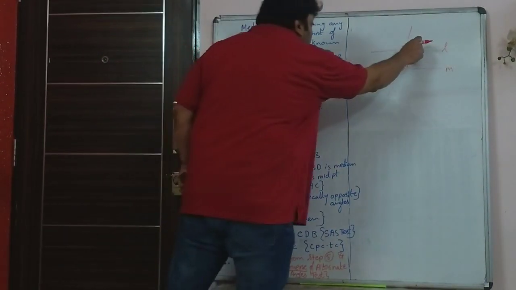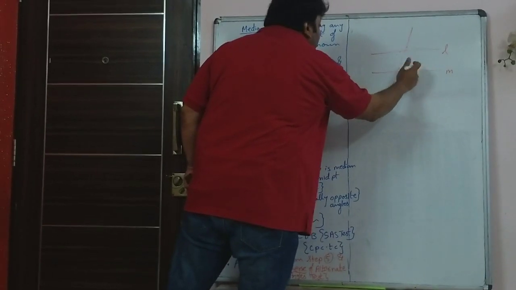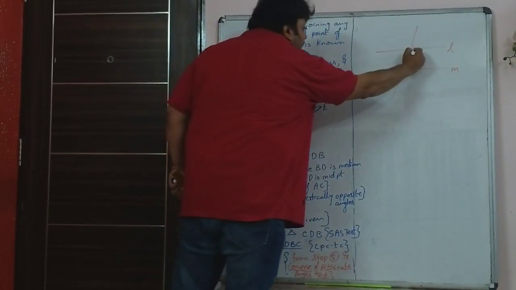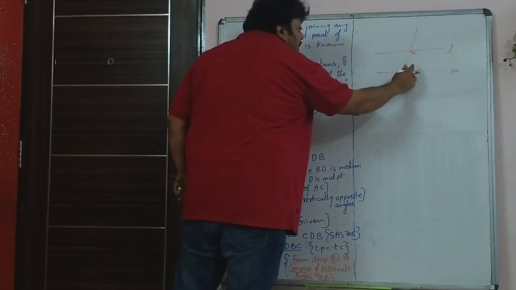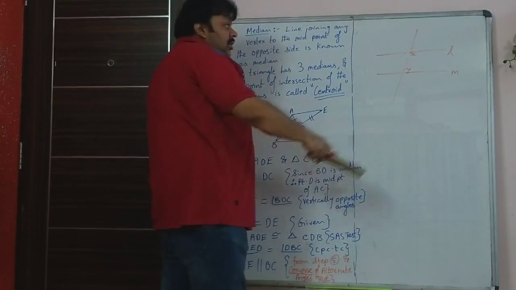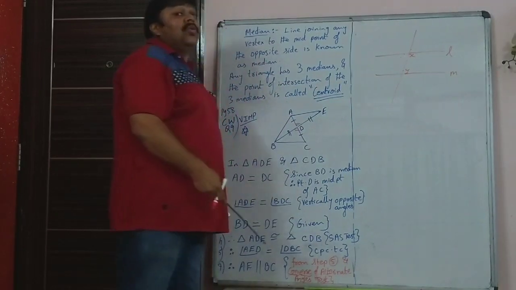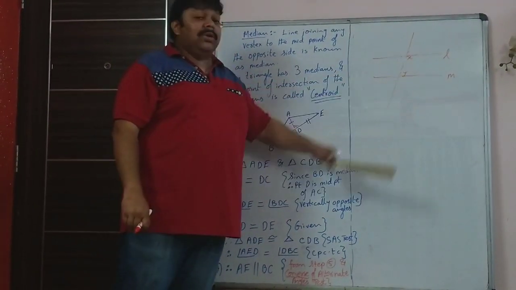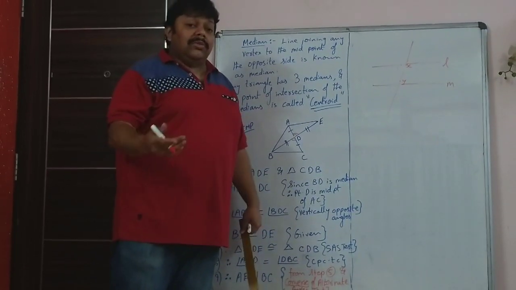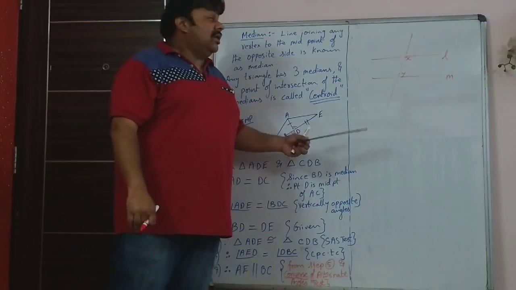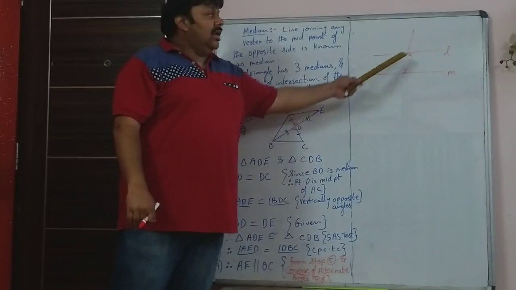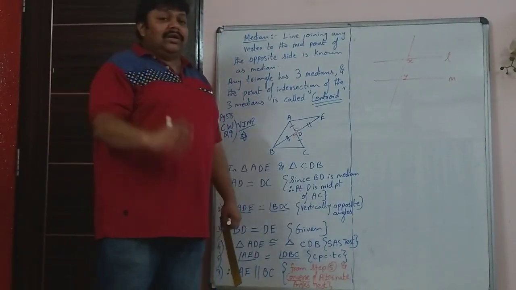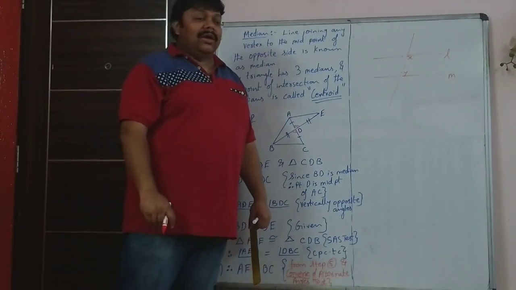And the third one, which you can use to prove lines parallel, is that let's say this angle is x and you know this angle y and they are adding up. These two angles add up to 180 degrees. That means those two angles are supplementary. Then you can say by converse of interior angles test, line L will be parallel to line M. So there are three tests to prove lines parallel.